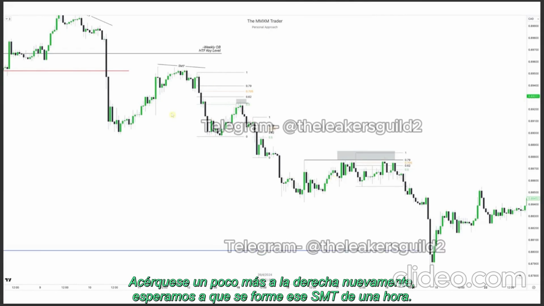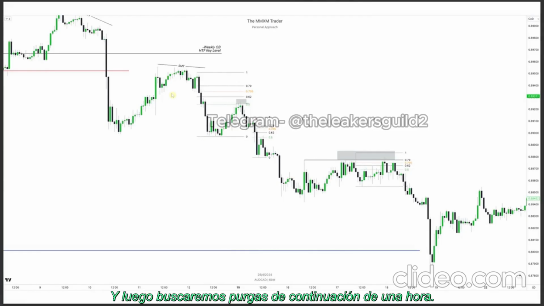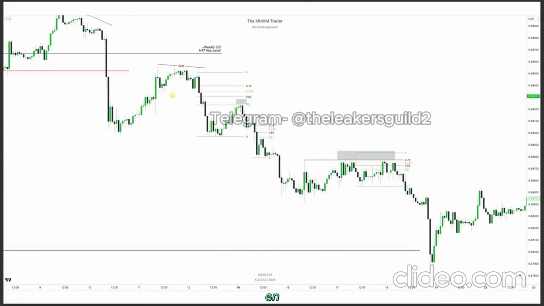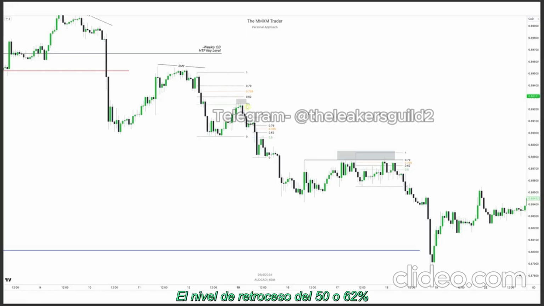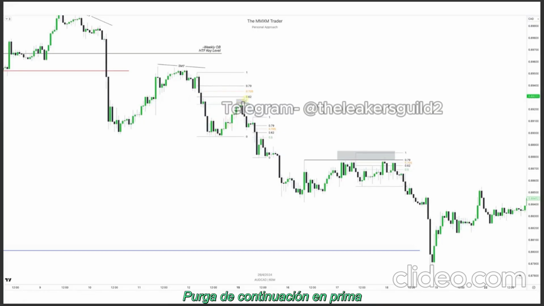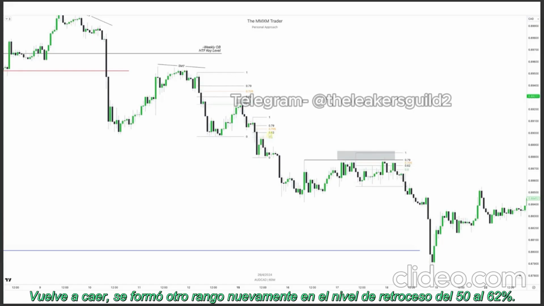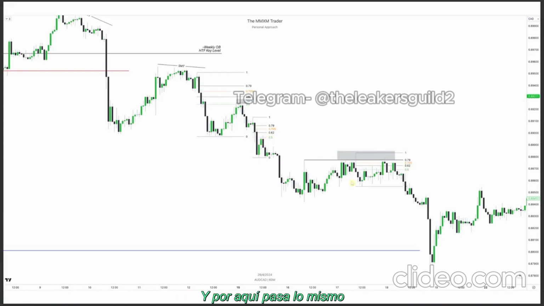A bit more, right? Again, we wait for that 1 hour SMT to form, and then we're going to be looking for 1 hour continuation purges into the 50 or 62% retracement level. So we've got that happening over here, right? Continuation purge into premium, drops down lower, again, another range formed back into the 50 to 62% retracement level, and